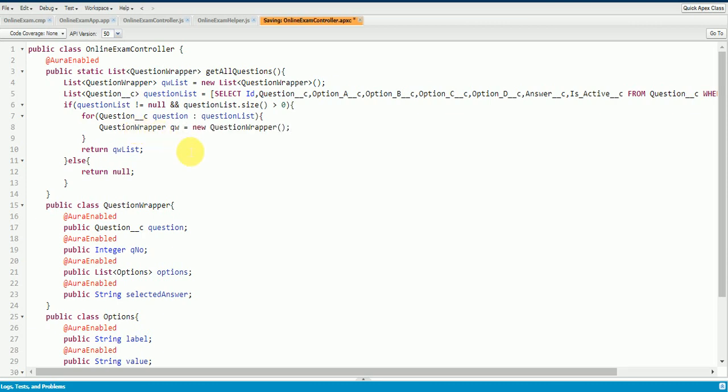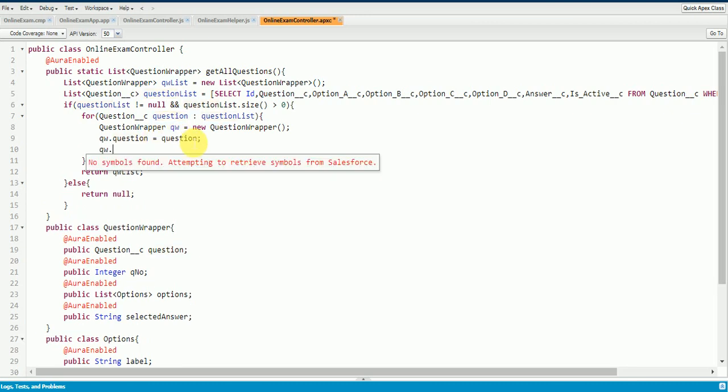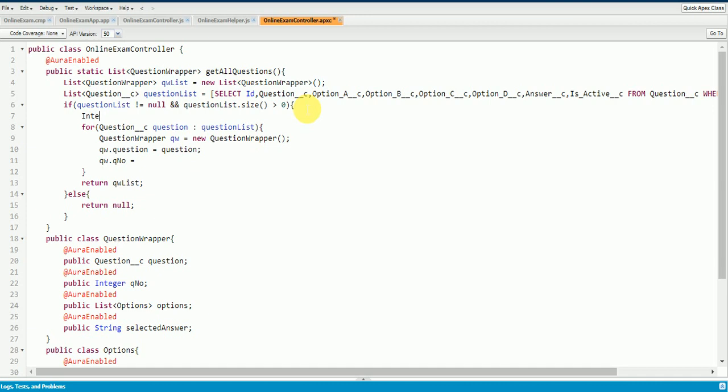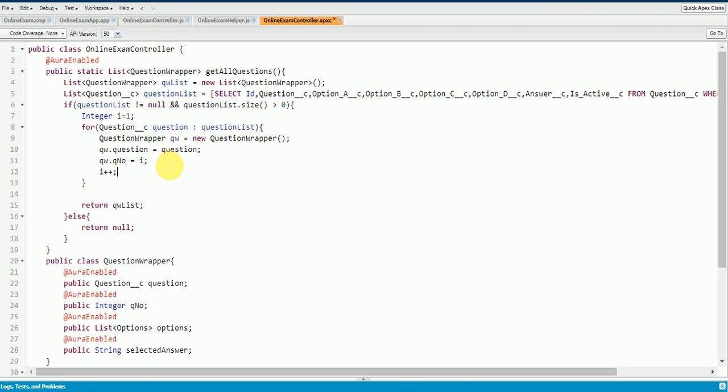And here I'm going to assign values. That means qw.question is equal to the question coming from the current iteration, and the qw.questionNumber. Basically question number is like a sequential number. To capture the question number, I'll declare an integer i equal to 1, and I'm going to capture the i value in the question number, and increment this i value by 1.